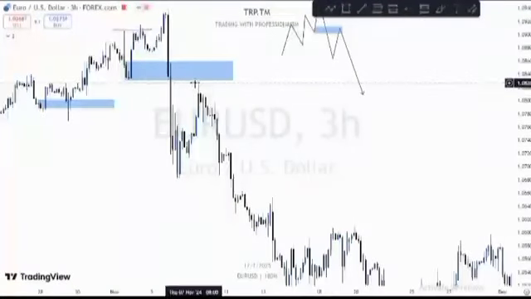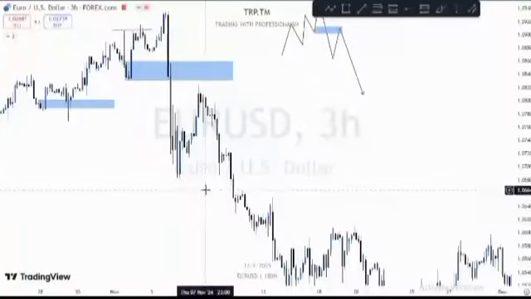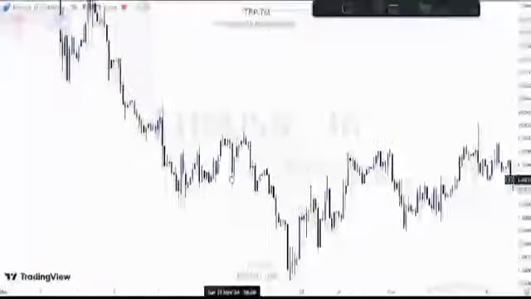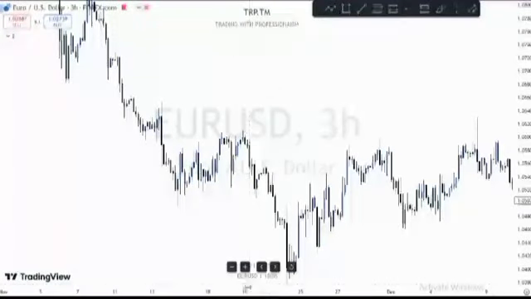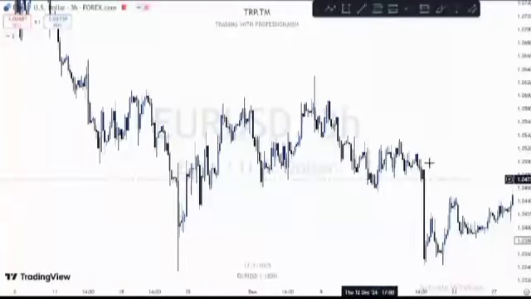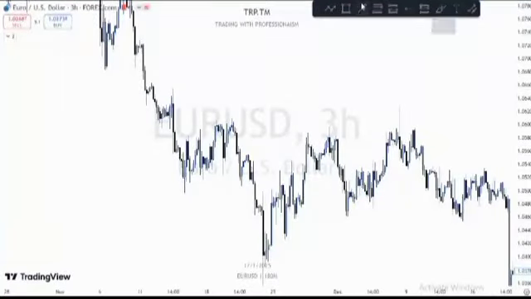But the market didn't really get to our breaker block here. But if you go to a higher time frame, you might see a more clear breaker block, but I don't see anything. So the market kept on going down and down and down aggressively. Then we see this break of structure,